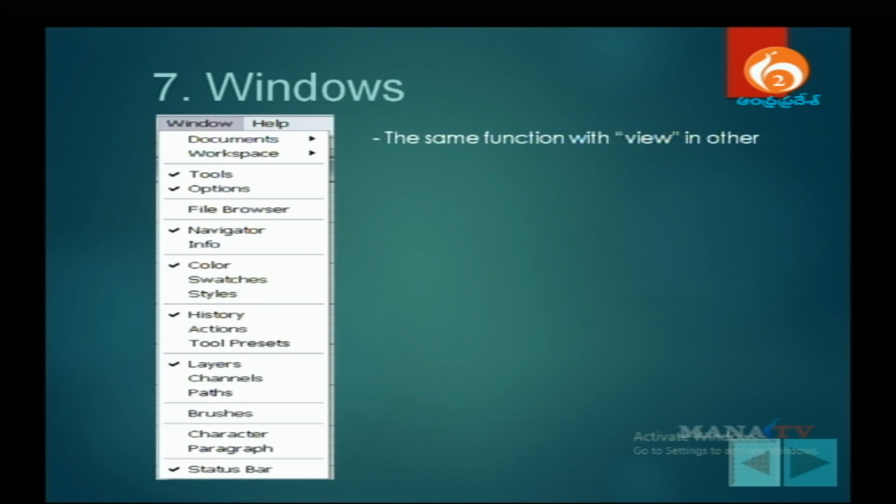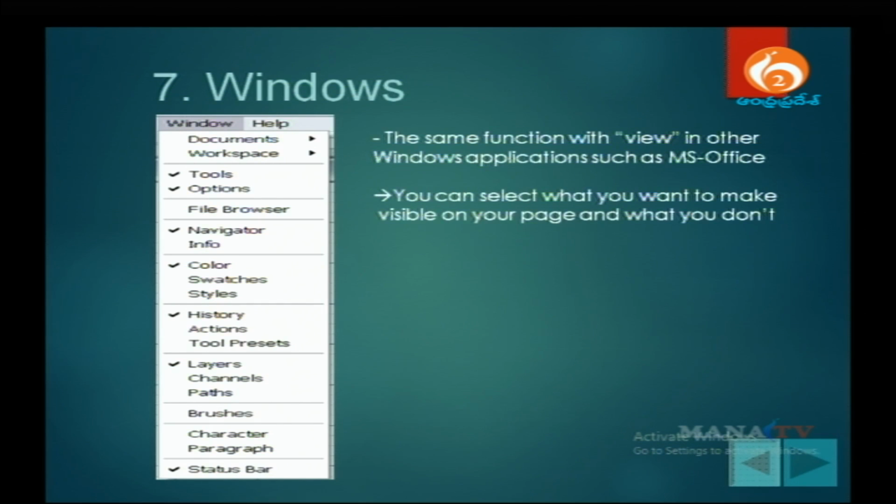Yes. It is the same function as View in other Windows applications such as MS Office. You can select what you want to make visible on your page and what you don't want to make visible